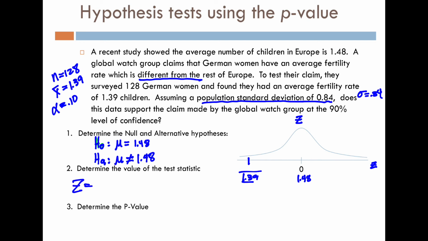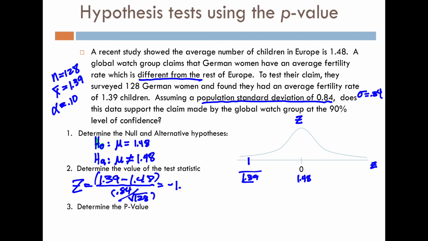We assume it's going to be negative because if we take 1.39 and subtract 1.48, of course that's going to give us something negative. Our standard deviation was 0.84, and the size of my sample was 128. Plugging these in using parentheses on the bottom and top values, we get a Z value of